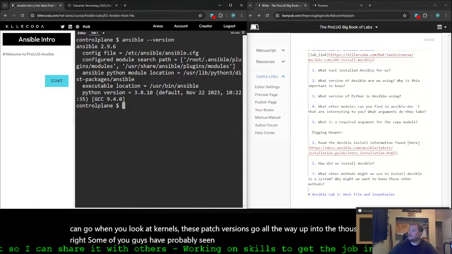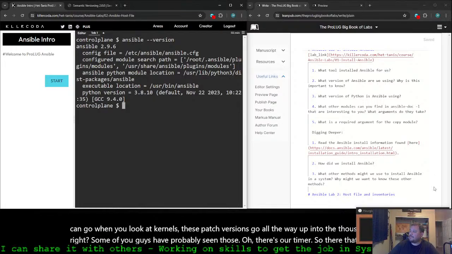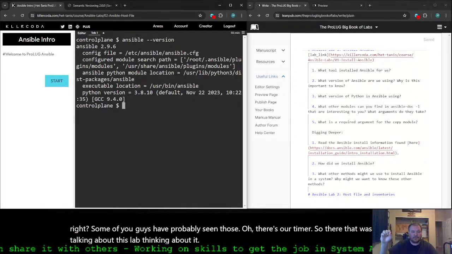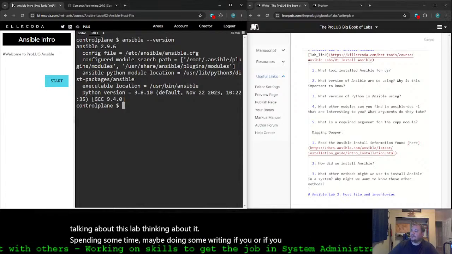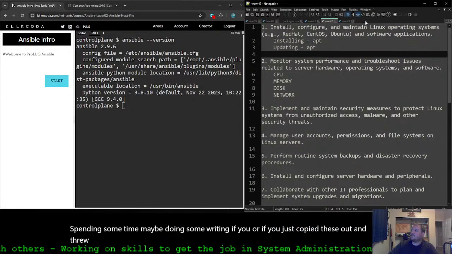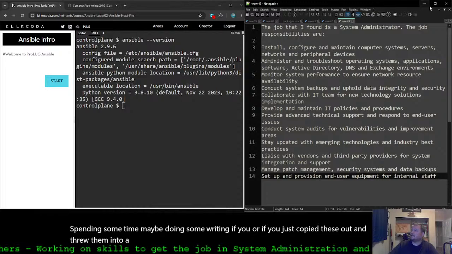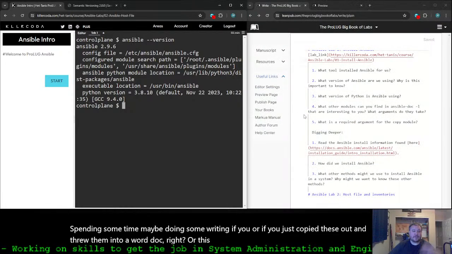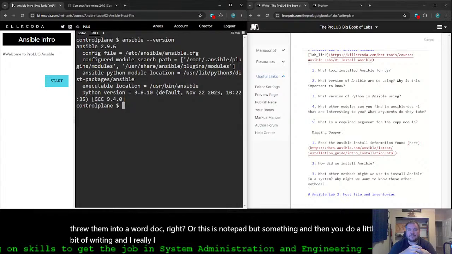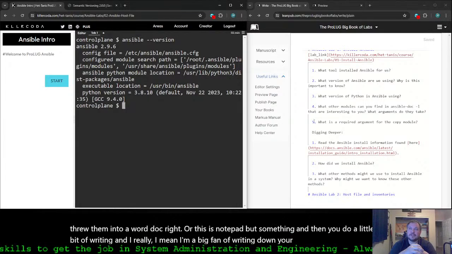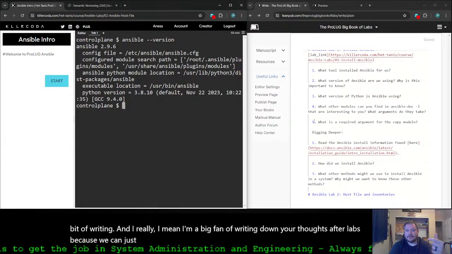Oh, there's our timer. So that was us talking about this lab, thinking about it, spending some time, maybe doing some writing. If you just copied these out and threw them into a Word doc, or a Notepad, something, and then do a little bit of writing. I'm a big fan of writing down your thoughts after labs, because we can just blow through labs quickly. And you guys can watch me do this.